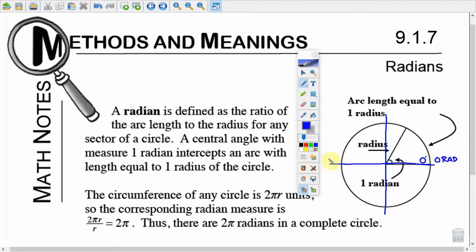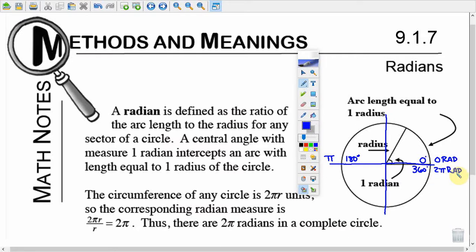We know that if we go half a circle, that's going to be pi radians, or 180 degrees. All the way around is 360 degrees. Gets us back to the start, which is 2 pi